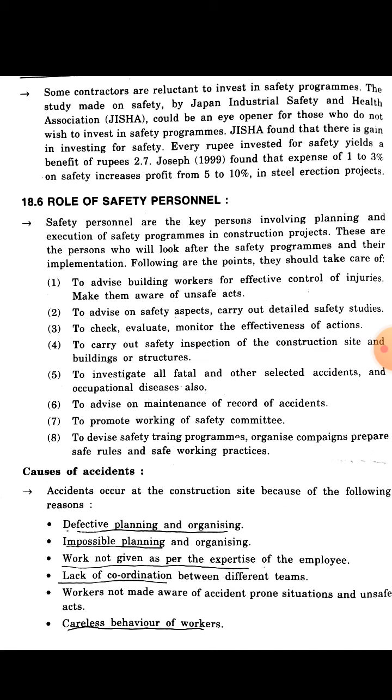To advise the building worker for effective control of injuries, to advise on safety aspects, carry out detailed safety studies, check, evaluate and monitor the effectiveness of action, carry out safety inspection of the construction site, building and structure, investigate all fatal and other selected accidents and occupational disease, advise on maintaining records of accidents, and promote the safety committee,